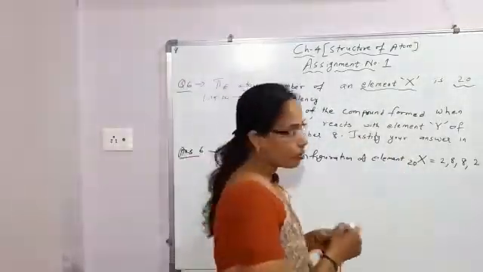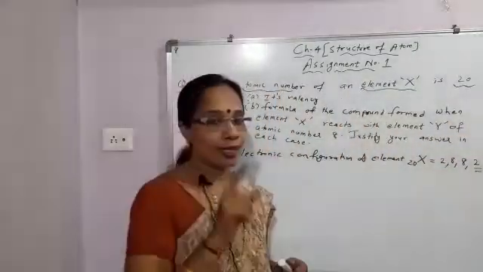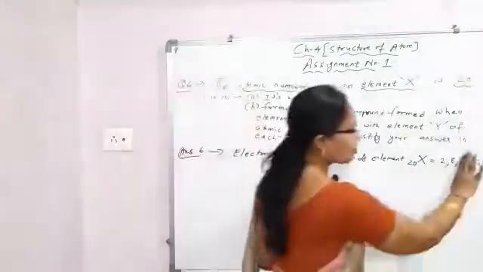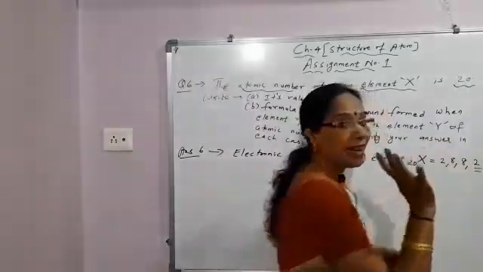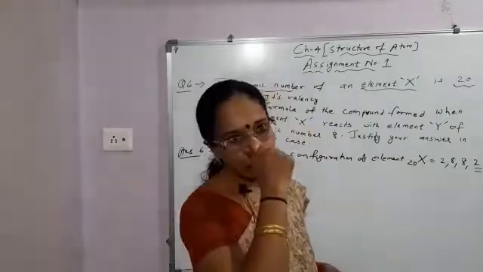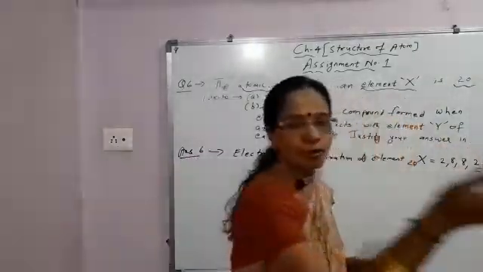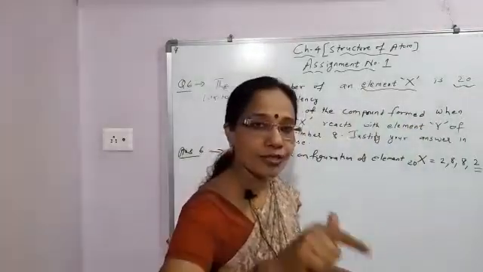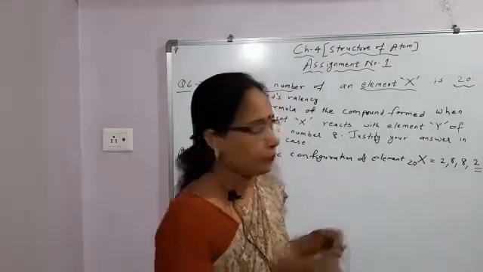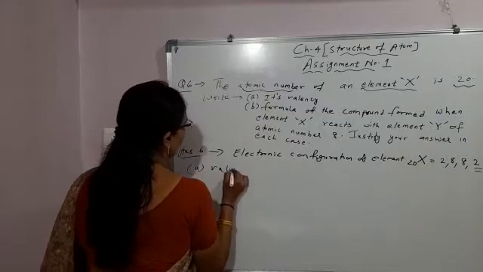To find the valency, students, you will see outermost how many electrons? 2. And to attain the electronic configuration of nearest noble gas, what will it do? It will lose its 2 electrons. So outermost will become 8, like nearest noble gas, 2, 8, 8 is argon. Okay. So how many electrons is it losing? 2 electrons to attain the electronic configuration of its nearest noble gas. So what is its valency? 2. Clear? So valency of A part.